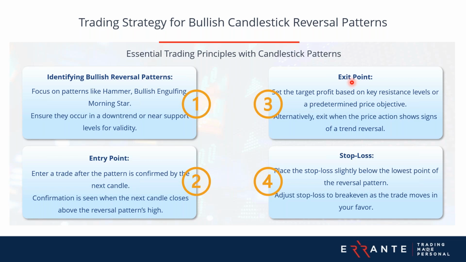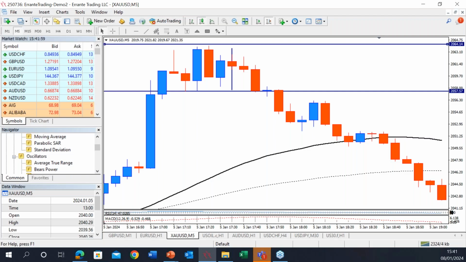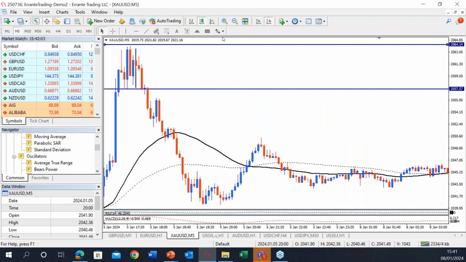So let's talk about the exit point. You can set a target profit based on upcoming resistance levels or a price objective that aligns with your trading plan. Another approach is to monitor the price action for signs of weakening momentum or a potential trend reversal, which might be your signal to exit the trade. What does it mean? Or for example, let's say if we want to find